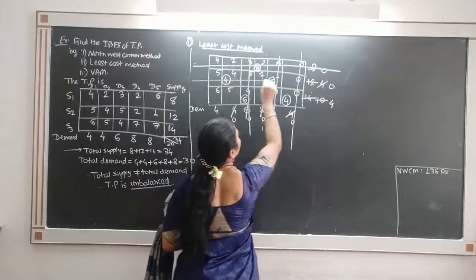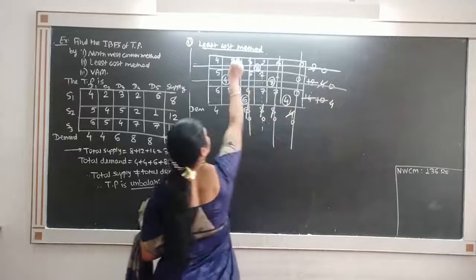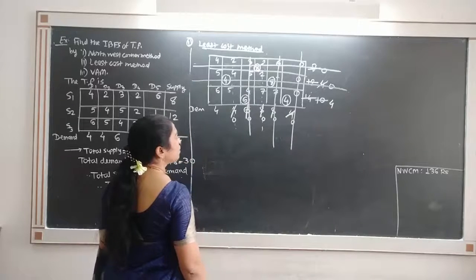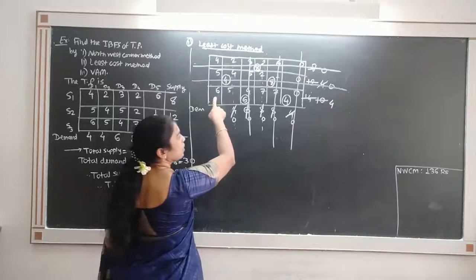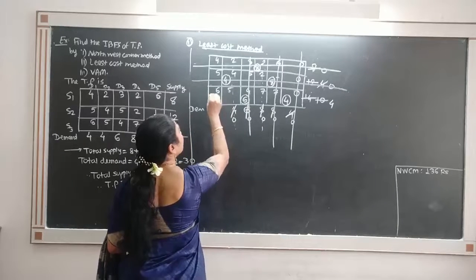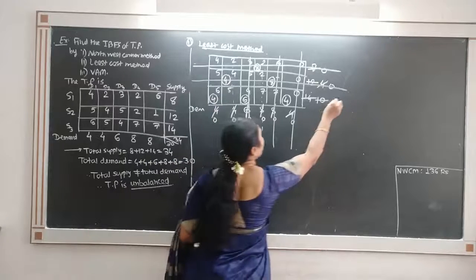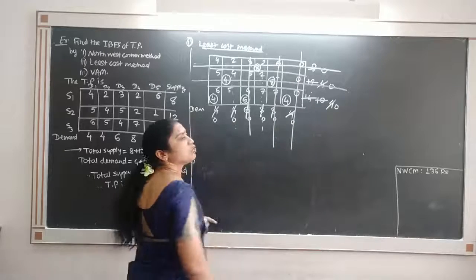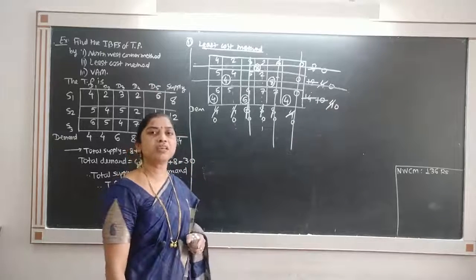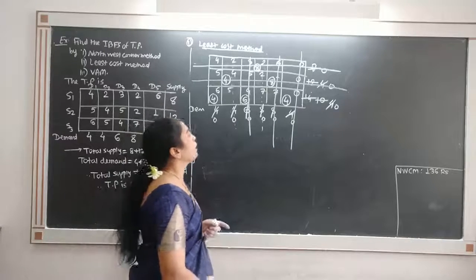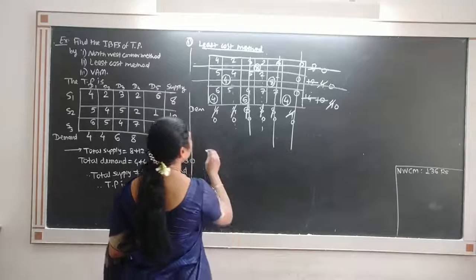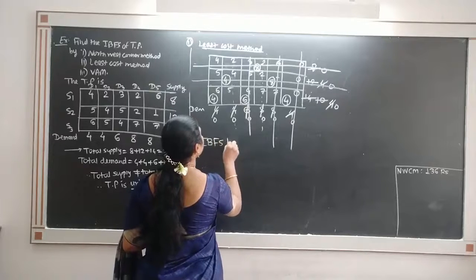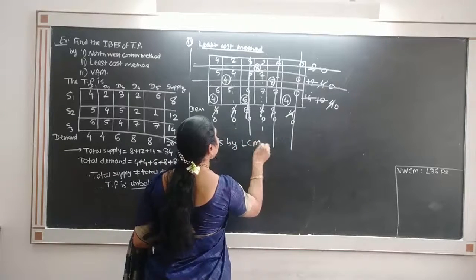This row gets cancelled. Remember that this also has demand 0. So only one element remains, that is 6. Allocate 4 to that, remains 0. Observe that all the supply and all the demand now is 0, means that supply and demand get satisfied. So this is the solution for the transportation problem. So what is the IBFS by least cost method, that is LCM.